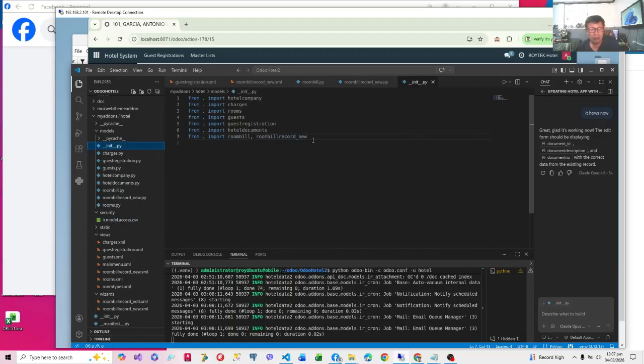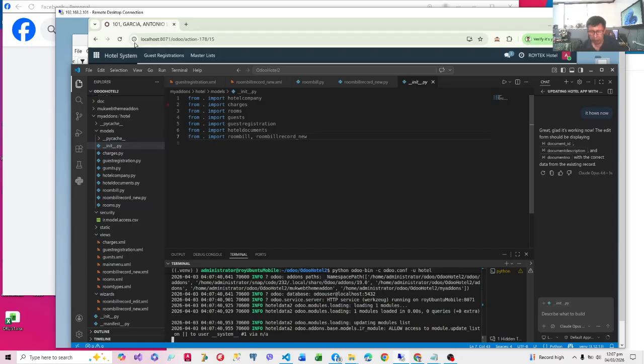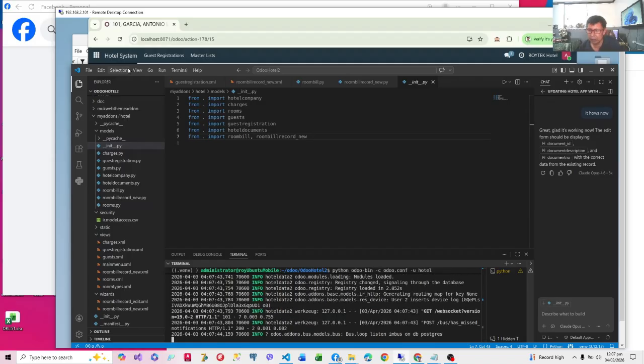So before we can install it. So let's install it again. I have already installed it, and I'm going to install it again. So the model is there. It's created also in the PostgreSQL. Now, let me show you the wizards that will ask for additional user bills.